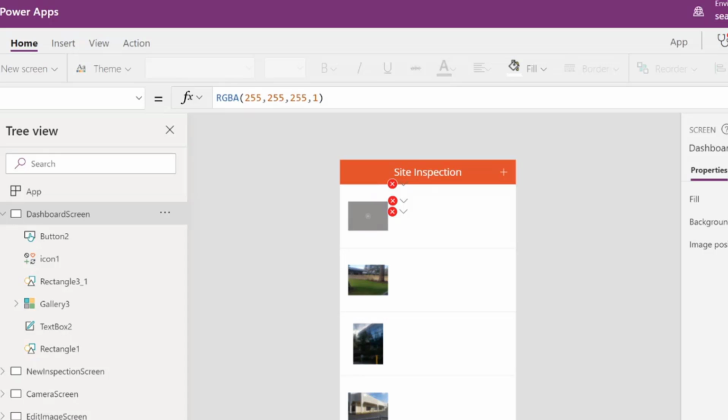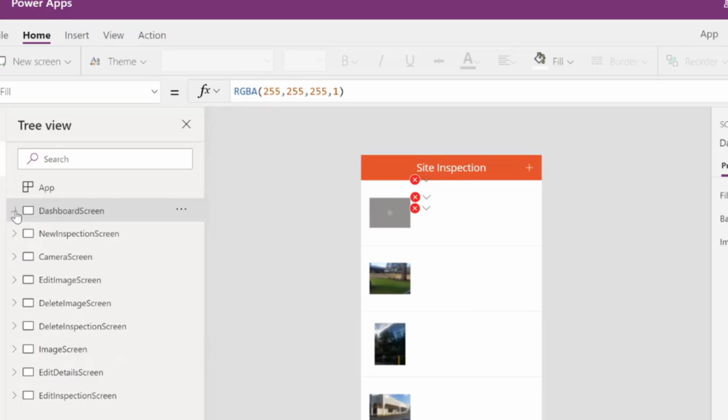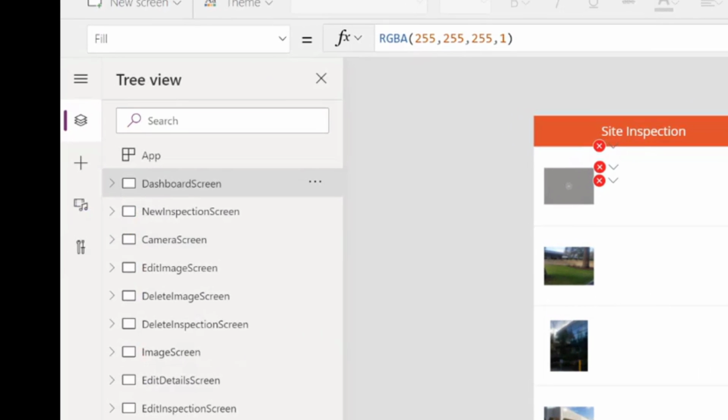I'll give you a quick tour of the application before we point out some of the things that we need to fix in order to be able to use it properly. First thing to point out to you is that there are 9 screens that come with this: the dashboard screen, new inspection screen, camera screen, edit image screen, the delete image screen, delete inspection screen, image screen, edit detail screen, and edit inspection screen. And the reason for these different screens is as you